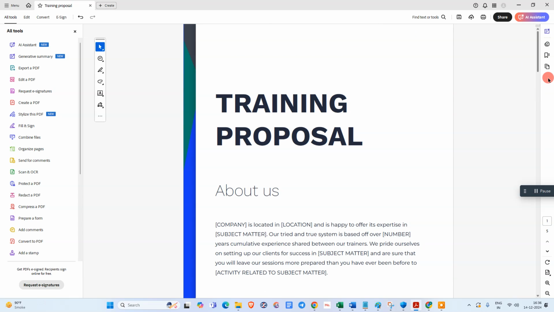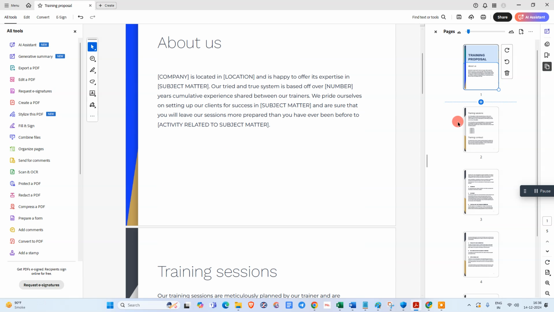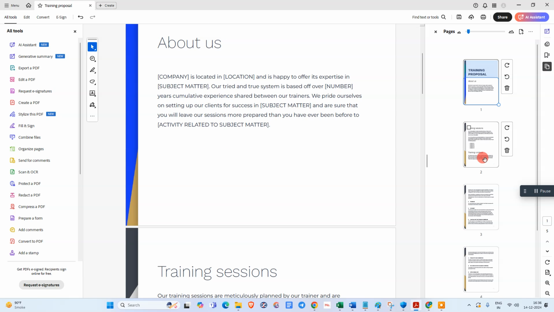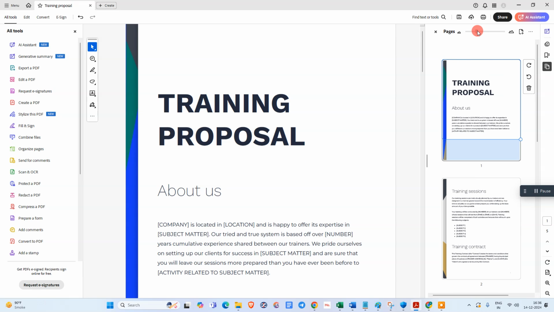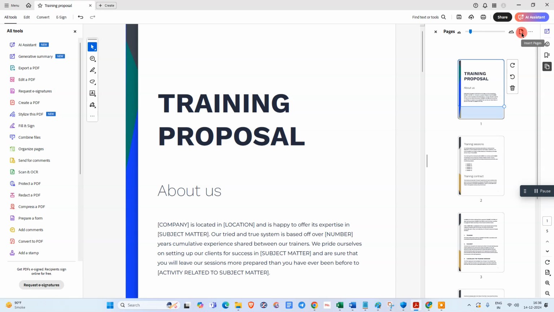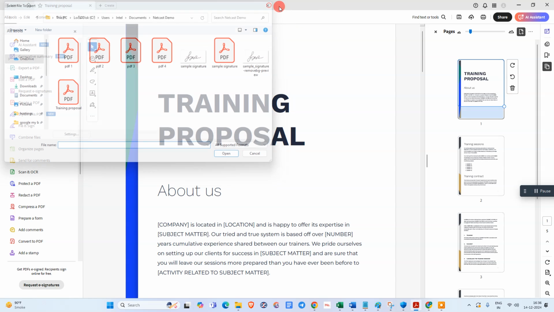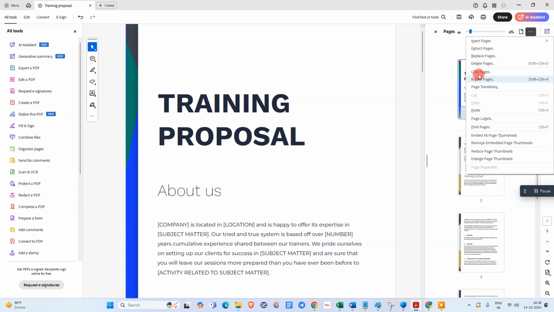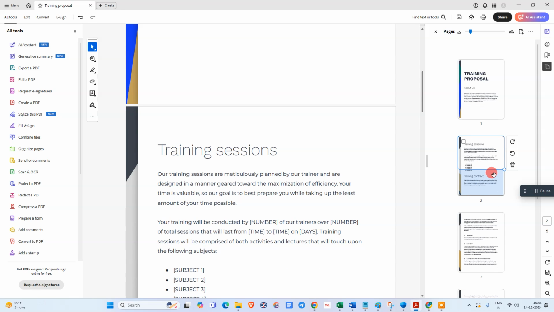After that, we need to click on this option, which is the slide option. So you can see all pages in your left side panel. Okay, so you can zoom from here the page visibility. You can add or insert another page from your device, and here you can see lots of options. Okay, so for presentation or slideshow, you can